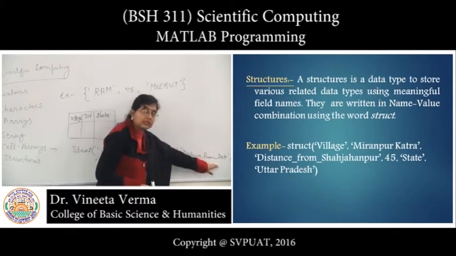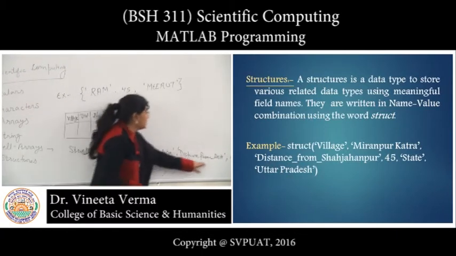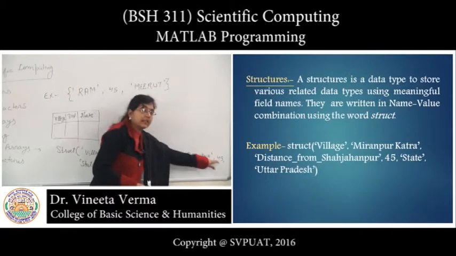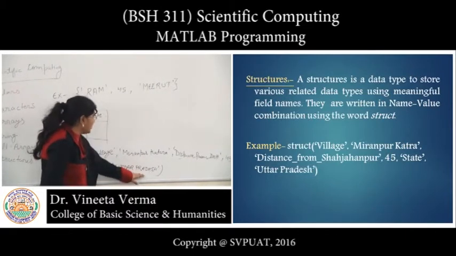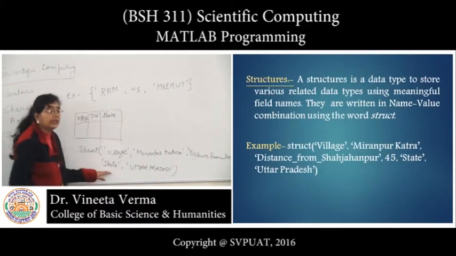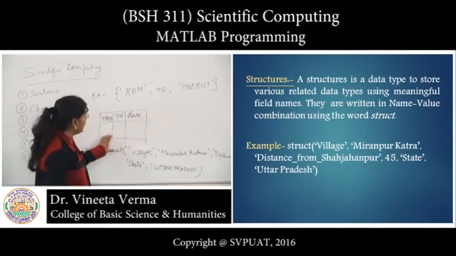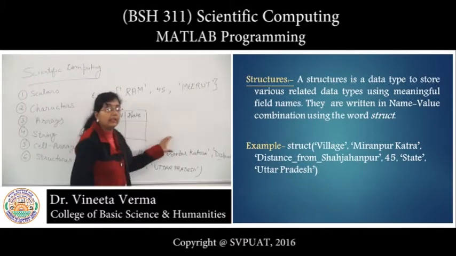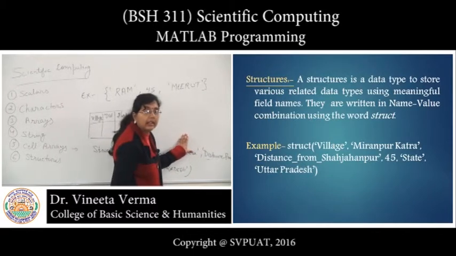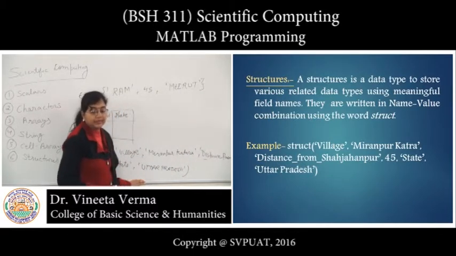Distance from district is also a field name, and this is the data entered in this field, and Uttar Pradesh is the data entered in state. So we can take field name and data simultaneously in this data type.